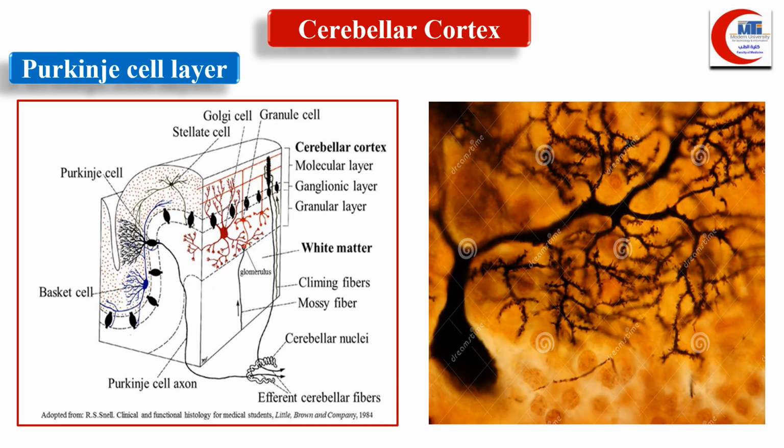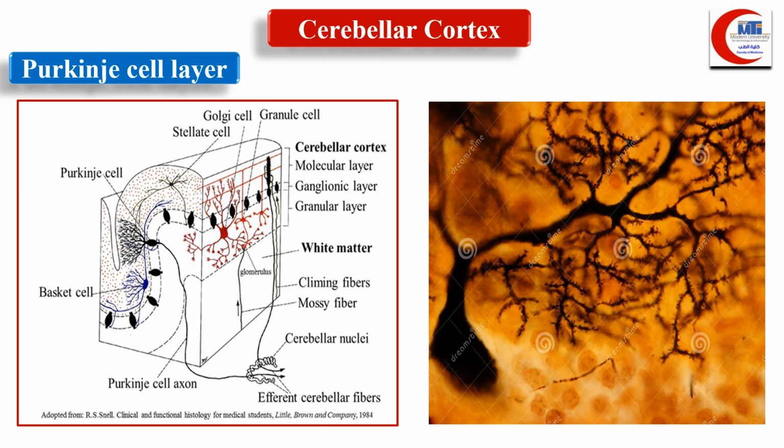What about the Purkinje cell layer again? Here we can see on the right side, this is a stained section for the Purkinje cell. You can see that the body is large. Its body is flask-shaped or piriform in shape. From it arise multiple dendrites. These dendrites give primary and secondary dendrites with spines on each